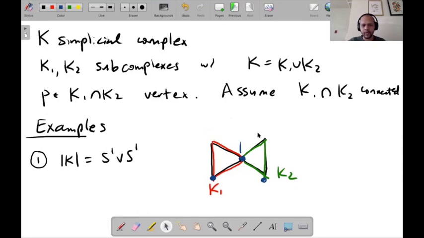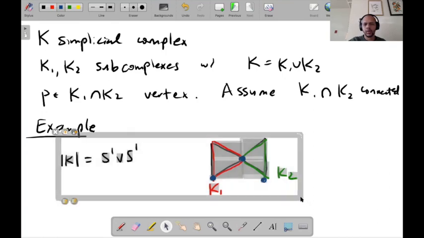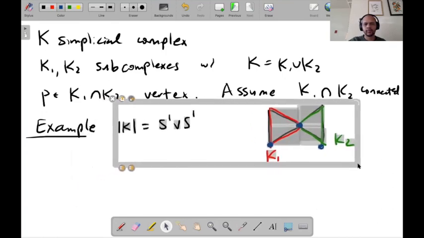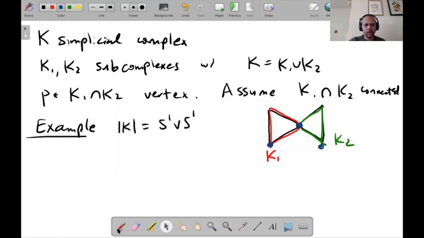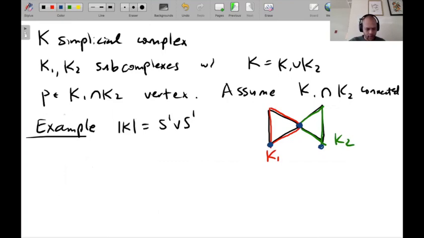Okay, I just want to create some more room. Right, so